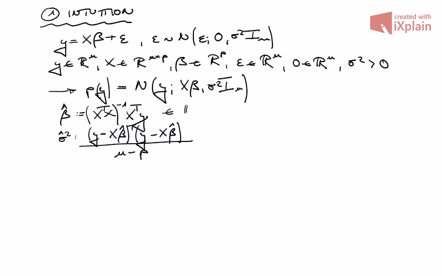This is a p-dimensional thing, and this needs to be larger than 0. Just because you have a square in the numerator, it can actually be 0. Okay, so this is where we went up to, and now